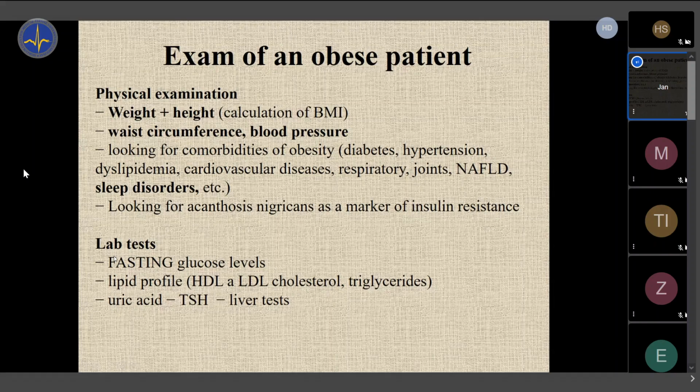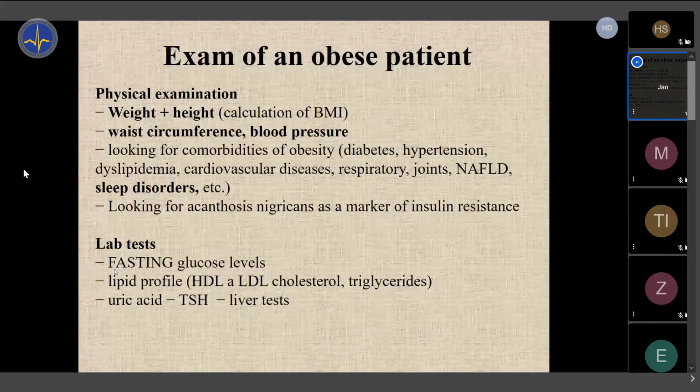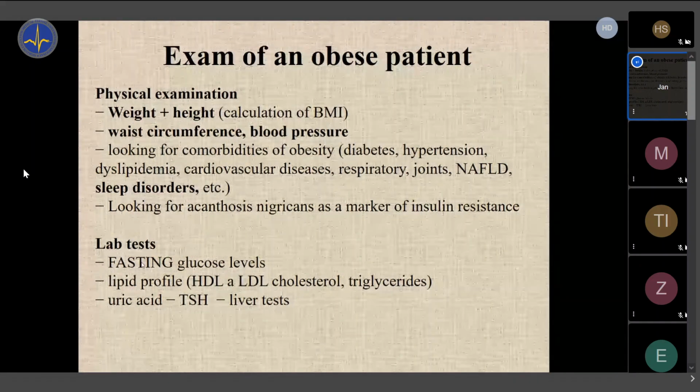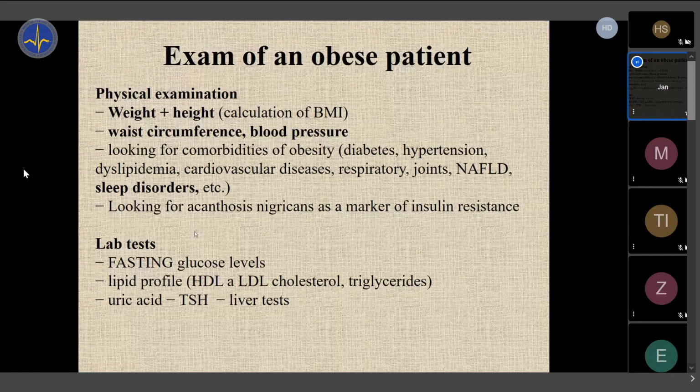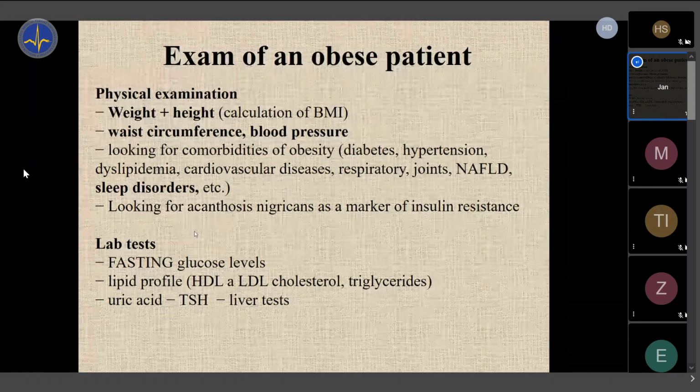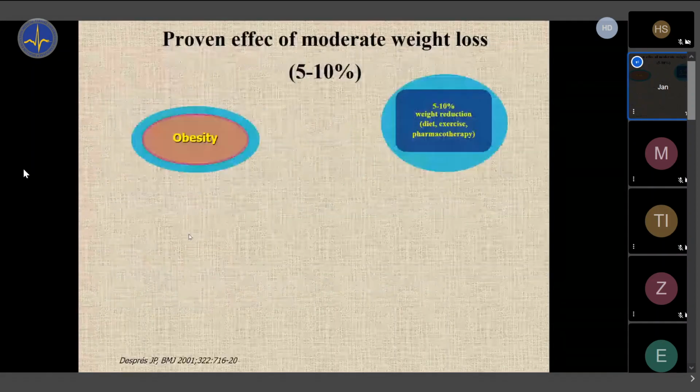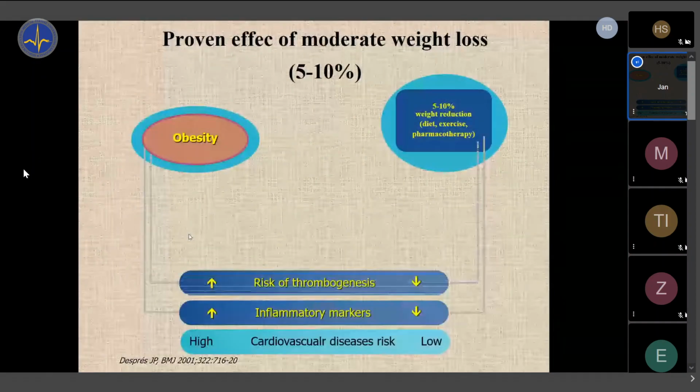From the lab test, standard lab testing, as you know, you will be very interested in fasting glucose and lipid levels, because this will help you to classify whether the patient has or doesn't have metabolic syndrome, right? 3 of 5 features which we named: glucose, lipids, hypertension, and waist circumference. So you should actually cover these in your physical exam. Okay, so we have a patient who came, we understand what are the expectations, we did a physical examination, and now we need to set some goals for the treatment.